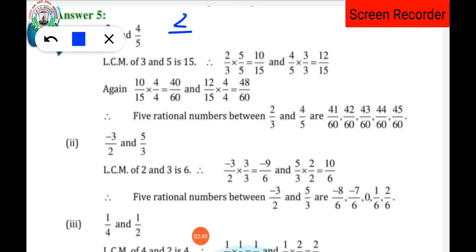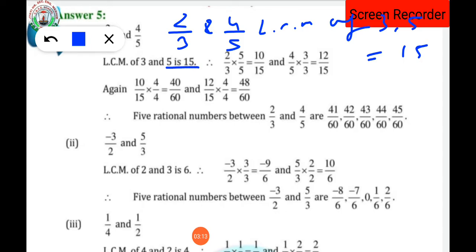We have 2 by 3 and 4 by 5. Taking the LCM of which two numbers are we going to take? That is 3 and 5. So what will be the LCM of 3 and 5? Obviously that will be 15, isn't it? Everybody knows this, isn't it? Now since the LCM is 15,